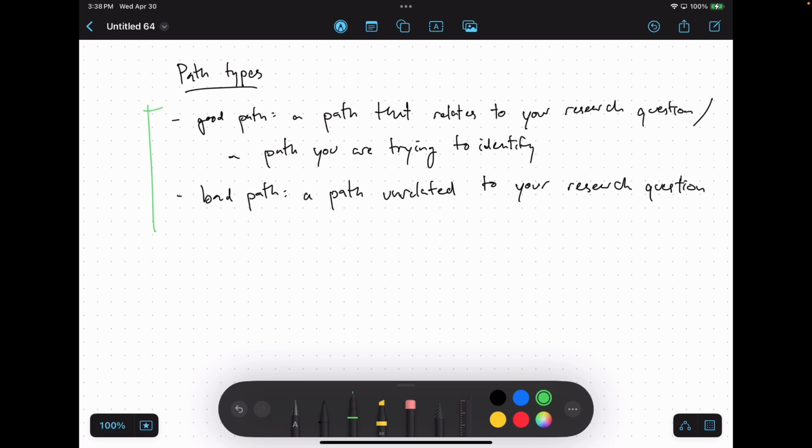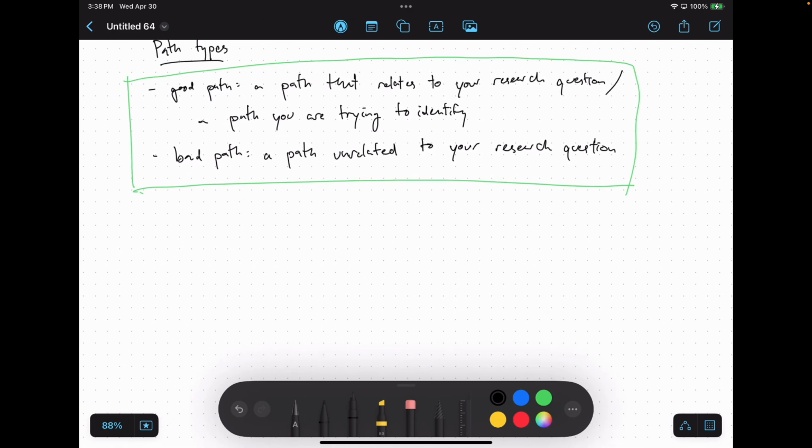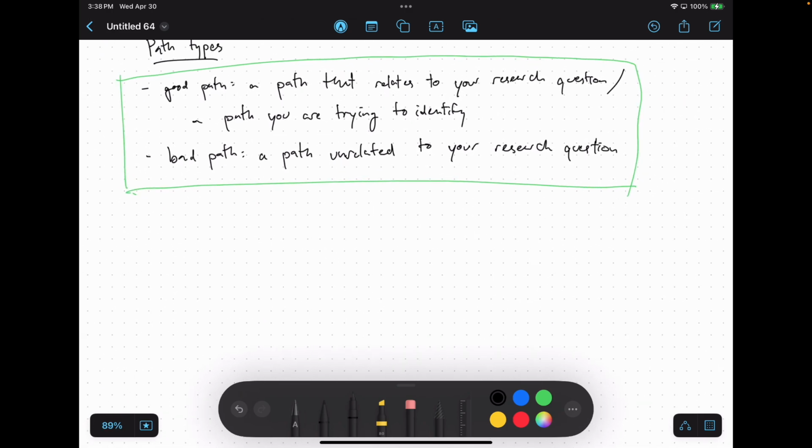And we obviously want to focus on the good paths, right? If our research question in that particular example has to do with understanding the relationship between wine and lifespan, our outcome, then all of the good paths should have both of those things in there. And if not, then it's probably a bad path, and you should probably get rid of it. Okay. So that's kind of the generic idea of what you should be including in the paths.